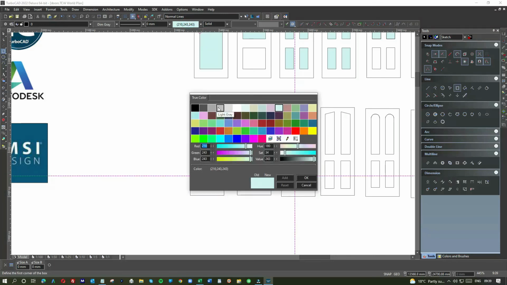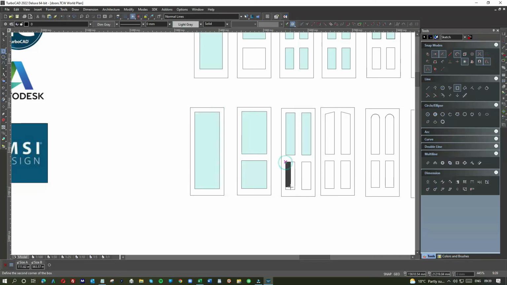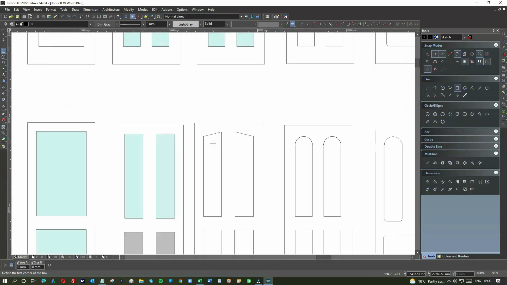Change it to, you know, a grey. Emphasize that it's different. And this is quite interesting because I can do a fill here, but obviously, as you can see, there's a problem. So how do we get around that? Well,